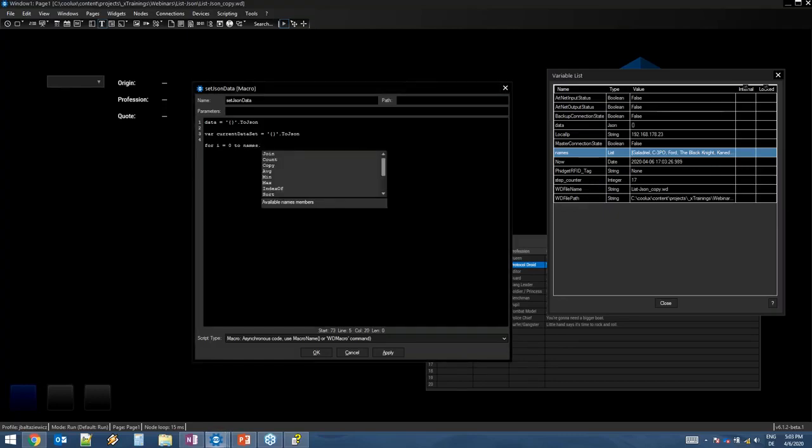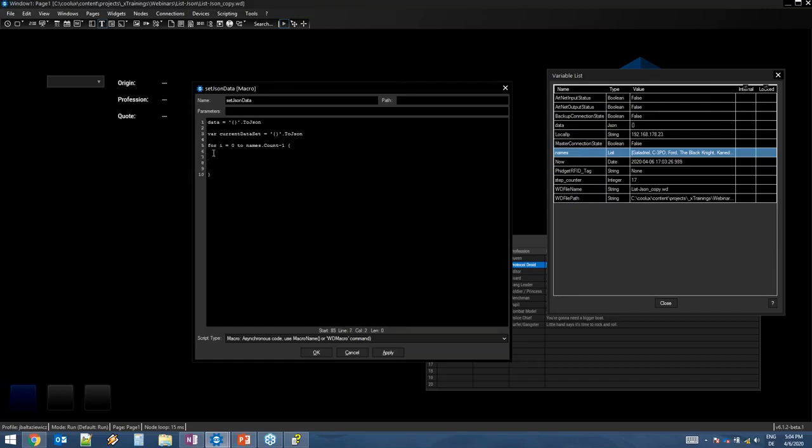Sorry. Names dot count. And don't forget the -1, because we are starting with 0 and not with 1. Okay. So first thing I want to do is I'm going to set my empty current data set